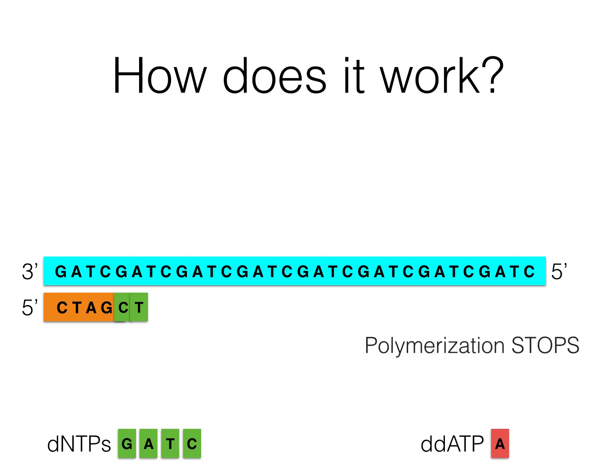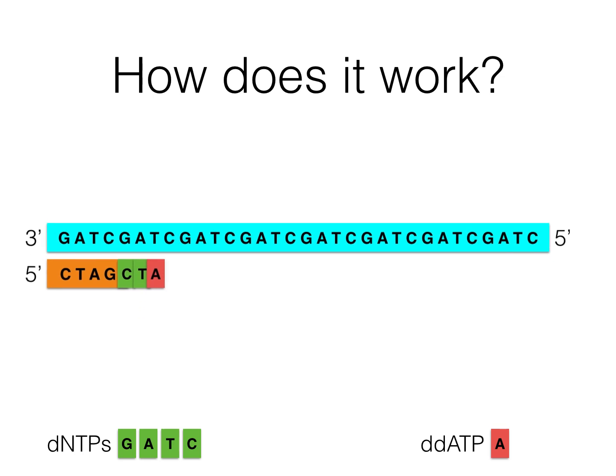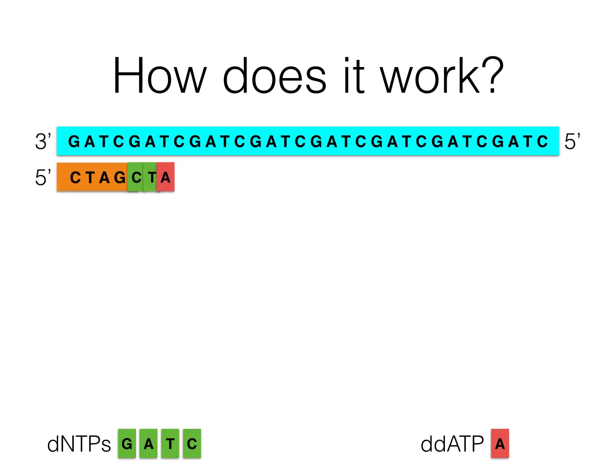Now, if the chain terminator is the one that is incorporated into the growing nucleotide, polymerization stops, just like in our example here. So polymerization stops, giving us now a fragment that ends with the letter A. Now, of course, this reaction contains several primers and several templates. So in another template,